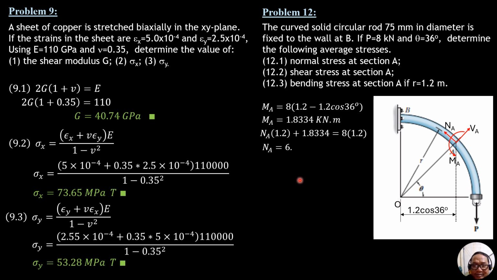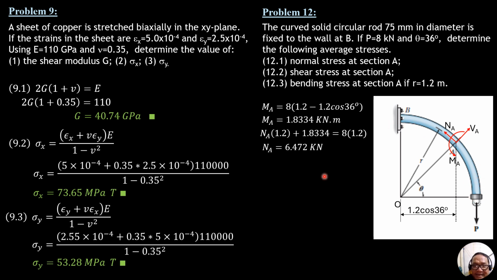So NA is equal to 6.472 kilonewtons, or 6,472 newtons. Divide that by the area, which is pi times 37.5 mm quantity square, the radius of the rod,